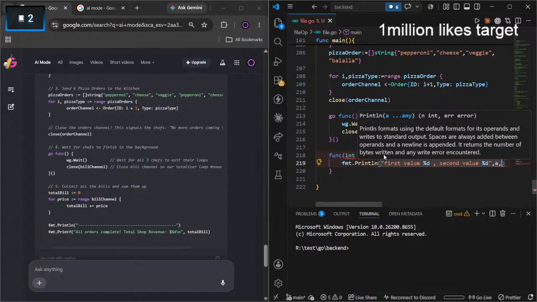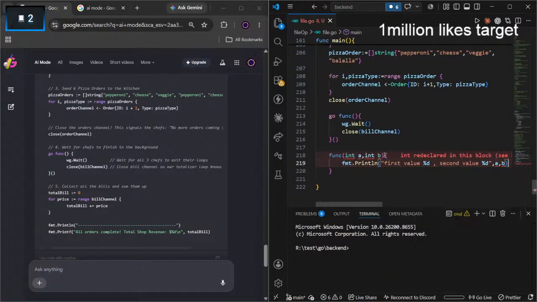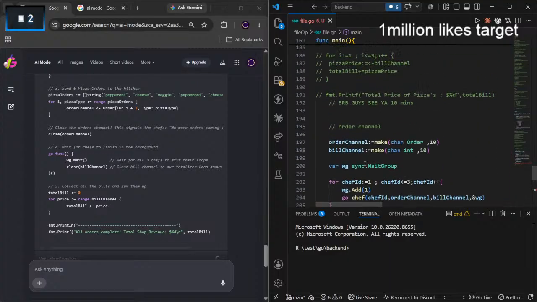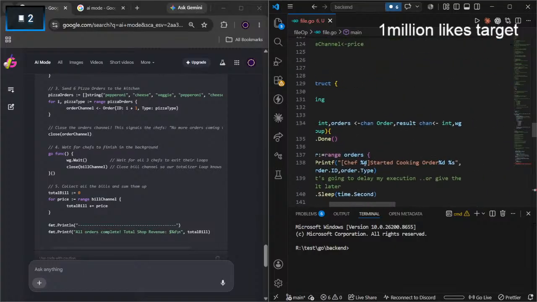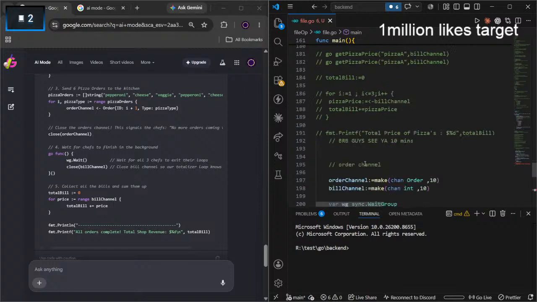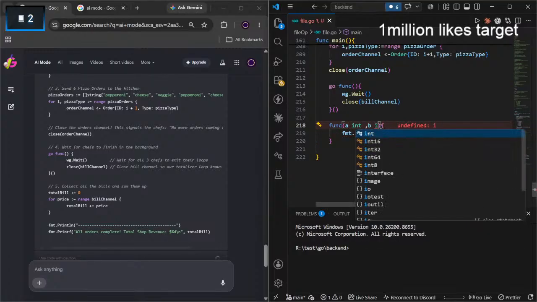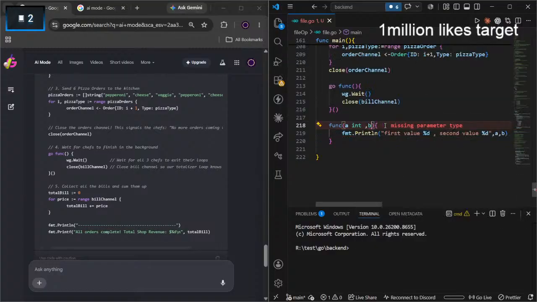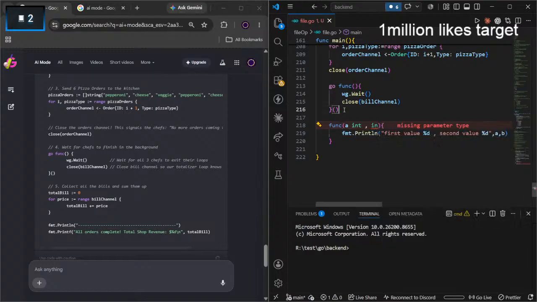My first value is going to be a and the second value. So it doesn't matter. Already declared undefined a, but I have it. It should be first value and after that. Why is it complaining? I can't declare it, but how is this working?